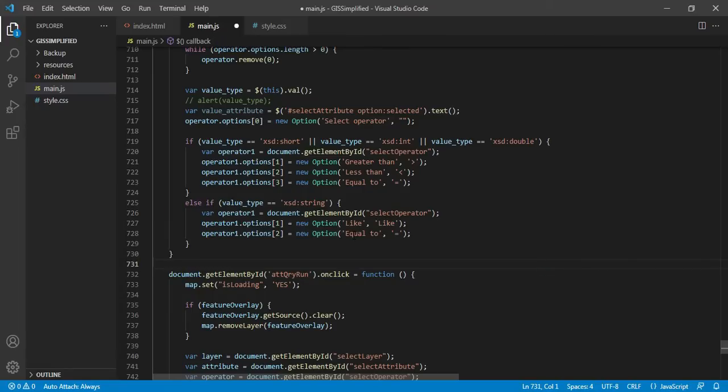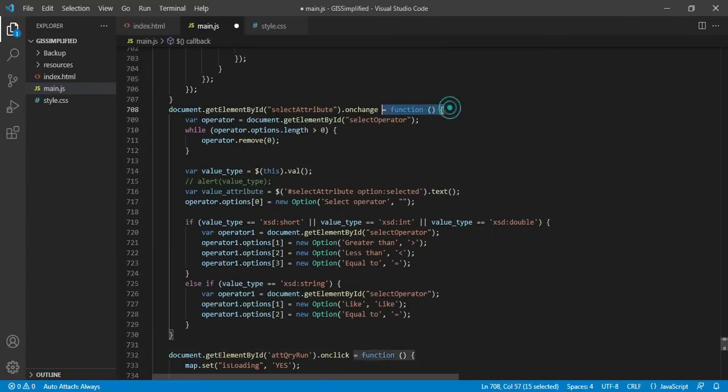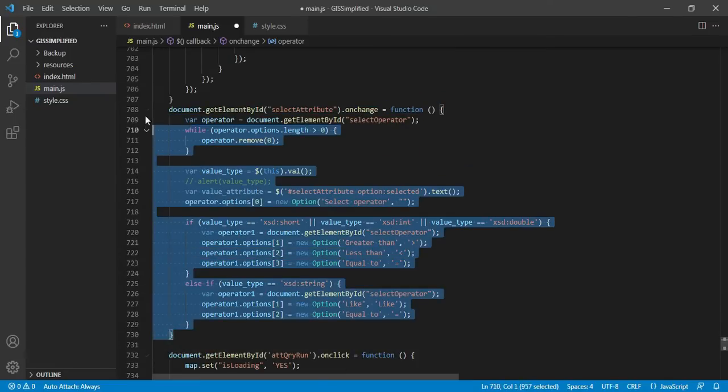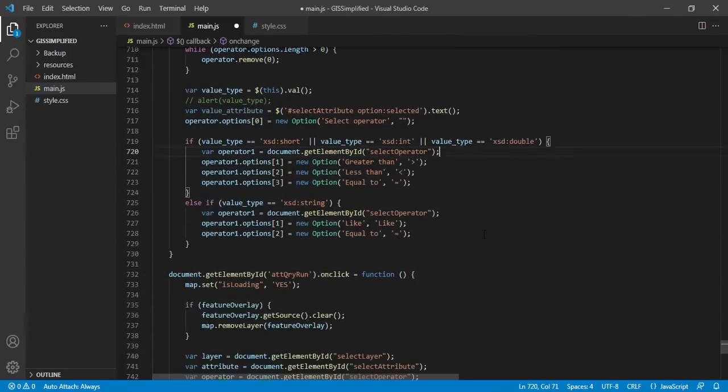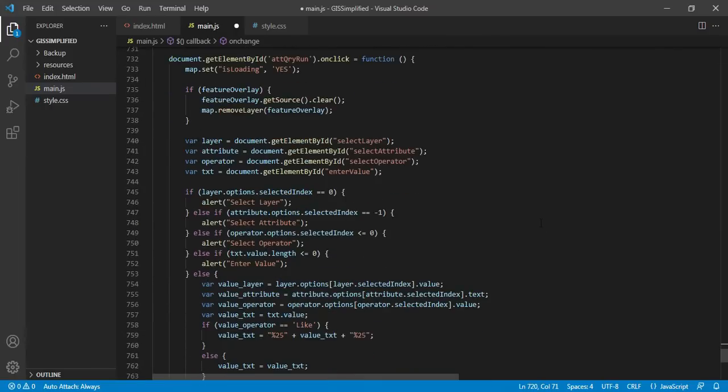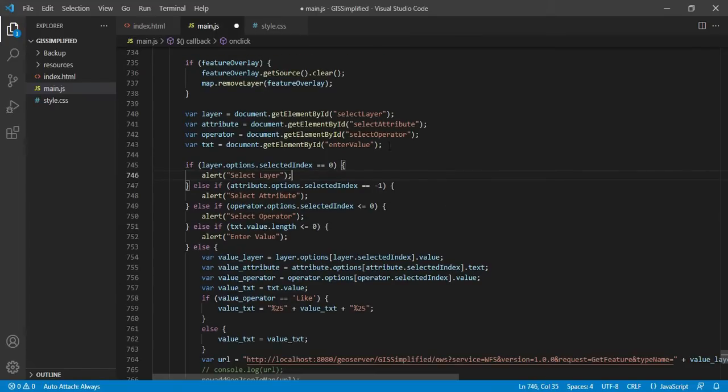Now once the layer is selected, attribute is selected, operator is selected, the final thing that I have to do is enter the value, that is manual, and once all the values are entered, then the user will click on the run button. So when the user clicks on the run button, this code will fire. So it will first of all clear all the previously added resources, and then it will fetch all the values from the dialog box.